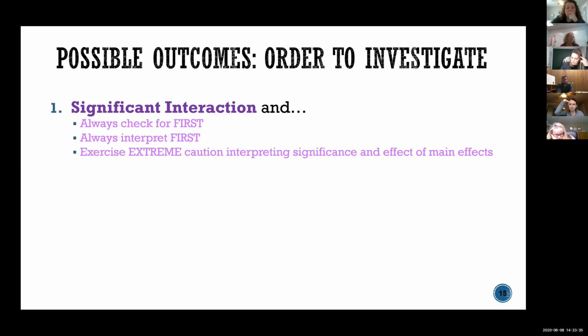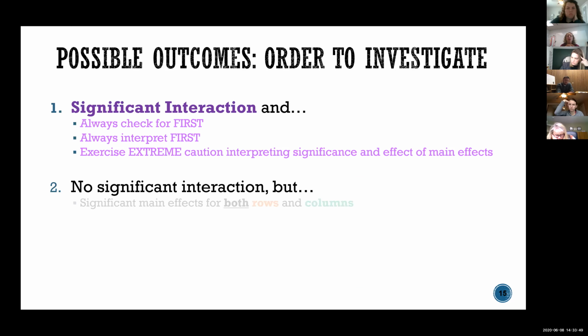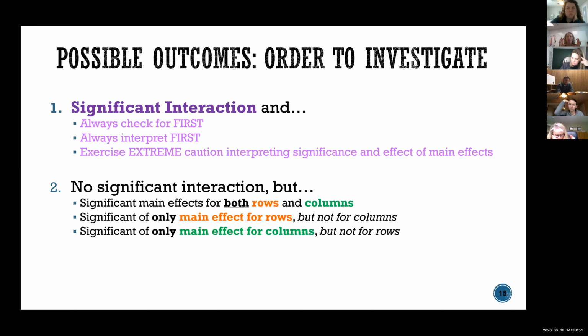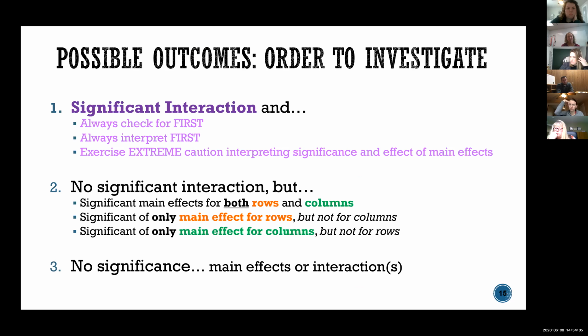And I think that's something in social science that is sometimes overlooked. Because remember, what does an interaction mean? The effect of one variable depends on the other variable, so you can't look at them in isolation. So after you look at the interaction, if the interaction is not significant, then you go on and look at the main effects. You could have both main effects, rows and columns, be significant, or only one could be significant. Or you could reach the third thing where nothing's significant. But always, what do you look at first? I'm going to drill this. First, you look at the